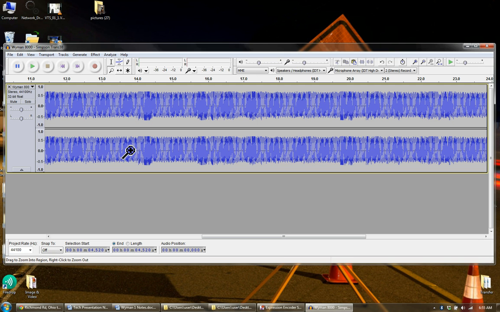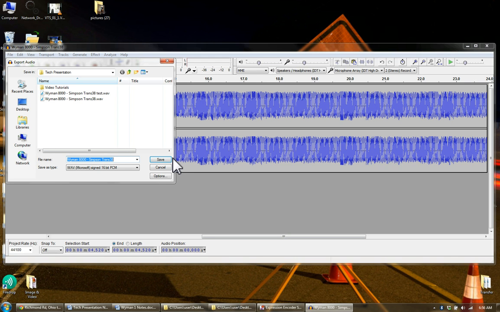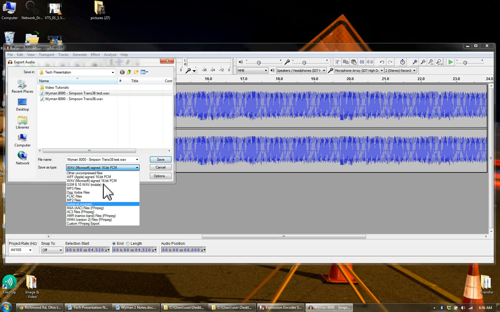But when we've got the section that we want, we need to export the audio. If we go to File, Export the Audio, you don't just save it as a certain type of file, it will encode it for you. Replace this one. It gives you a number of options, all these different formats to export to. My default is normally MP3 files,